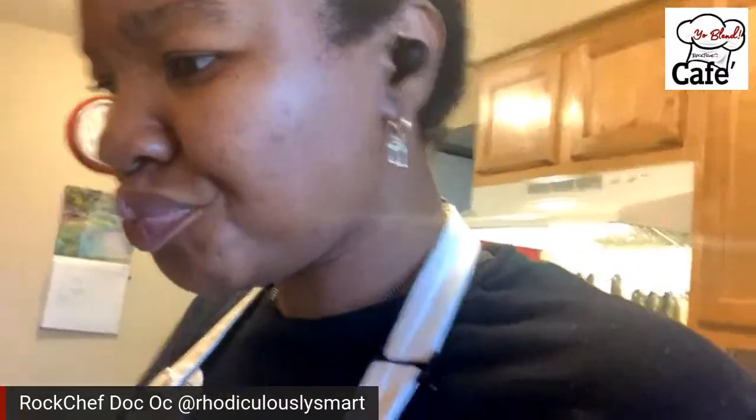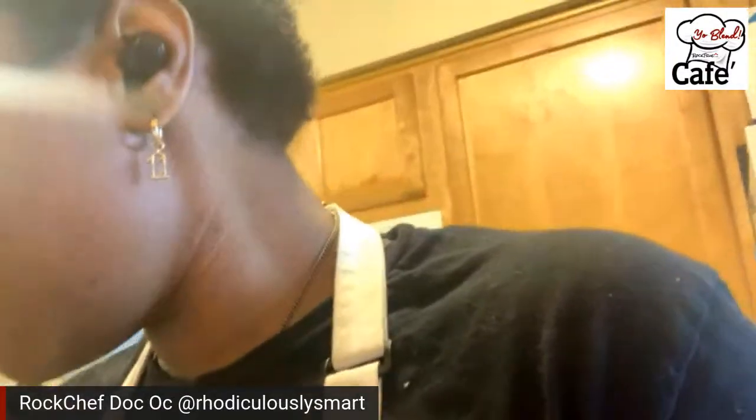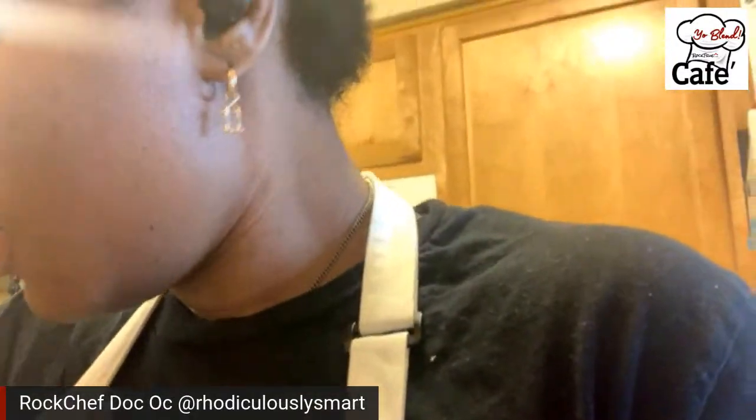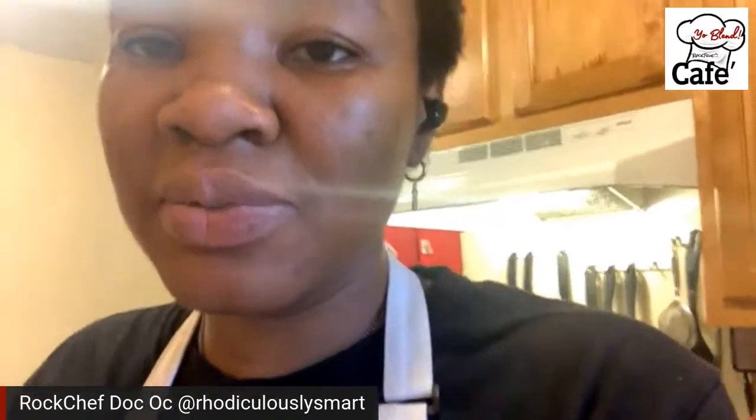And what else? You can definitely do this recipe on the grill, like I said. So for the chicken, obviously you wouldn't batter it, you wouldn't put flour and stuff on it. So if you want crispy chicken, don't grill it. But okra, I've never had grilled okra, but I've definitely heard of it, and I heard it was delicious. So you can grill this whole thing and have a grilled version as opposed to a crispy version